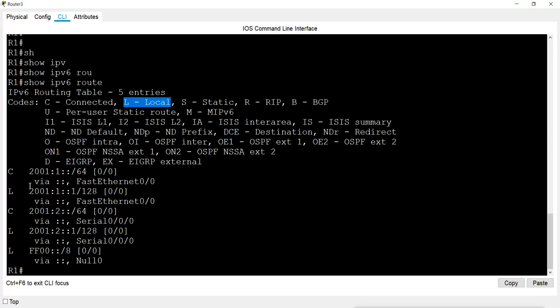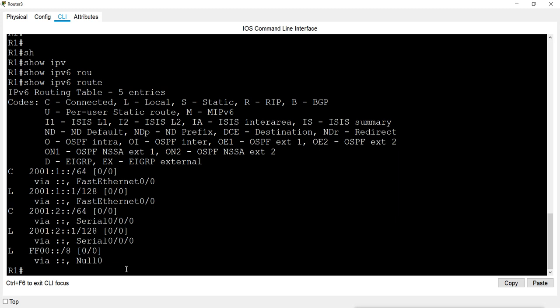It shows a local network connected to the fast Ethernet port and a connected network on the serial interface. It also shows the link local address, because a link local address is automatically assigned to this LAN interface. Now we have not done any other routing.